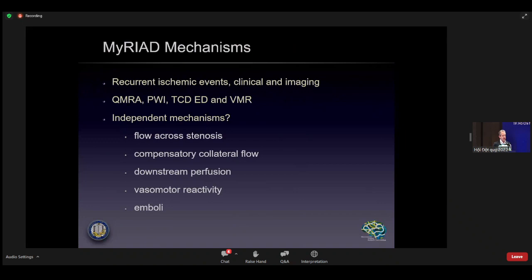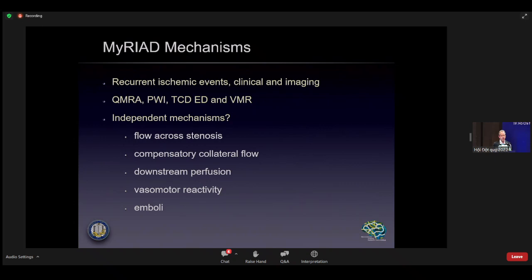There are myriad mechanisms, and this is why we called the study MYRIAD many years ago when we started to write it. I was one of the PIs with Jose Romano and Sham Prabhakaran, where we looked at imaging predictors of recurrent events. And we tried to figure out perhaps which was the most potent mechanism of recurrent stroke. Well, what we found is that the recurrence of early stroke on imaging surveillance is much more frequent than we ever thought, much more frequent than ascertained by clinical events. That was the main finding.